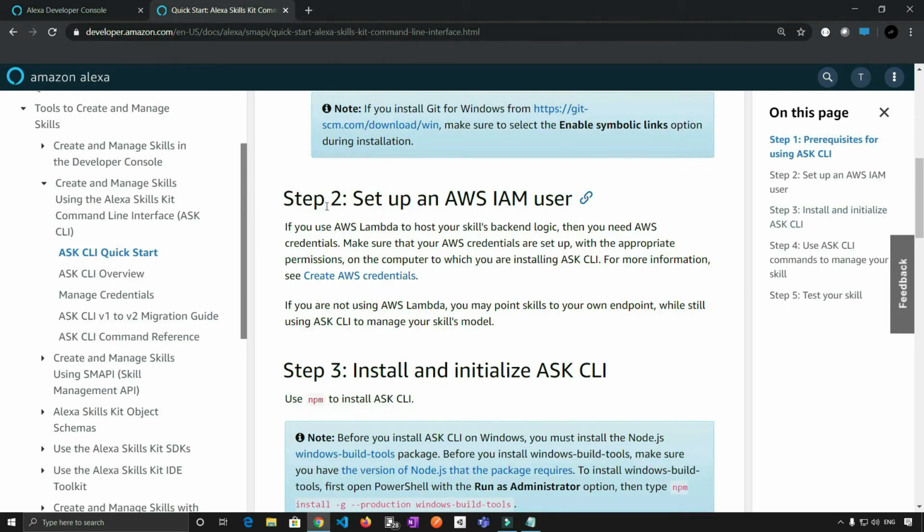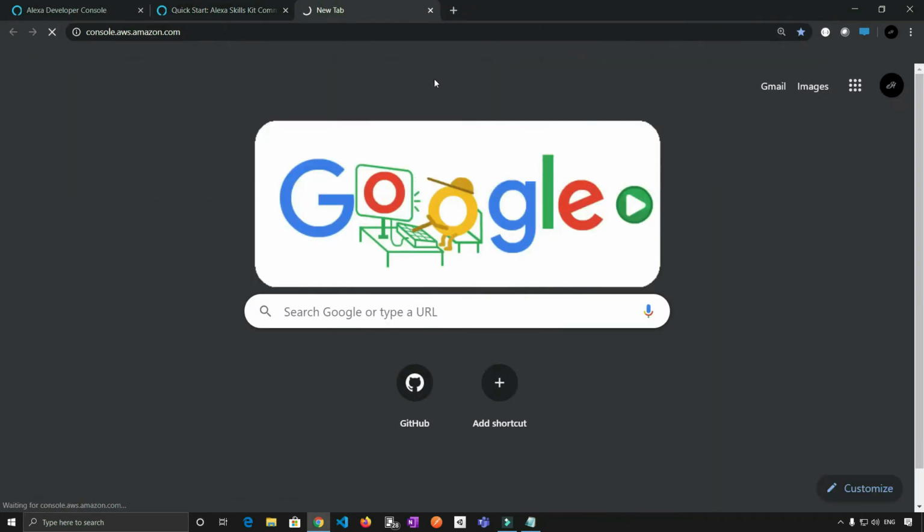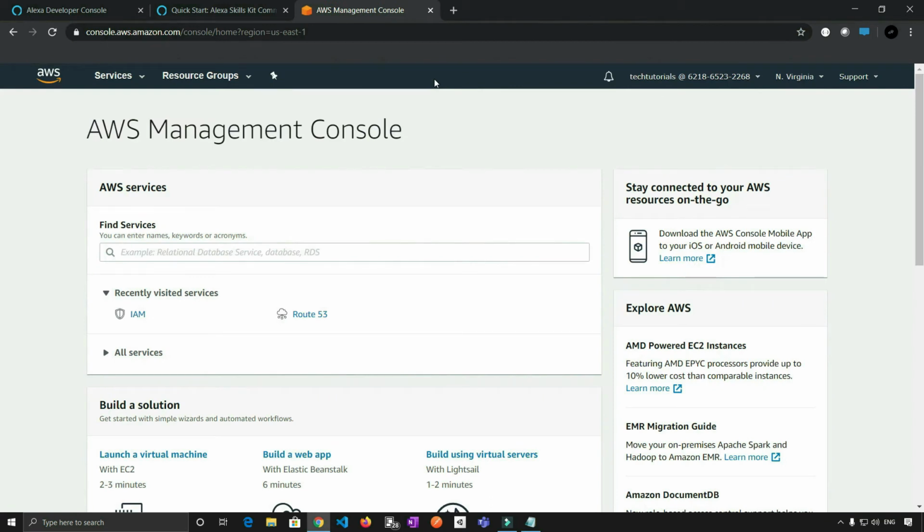Under step 2, it's talking about setting up the IAM user on the AWS cloud. It's actually talking about this particular link. So open up this link. In my case, I'm already registered and my credit card is already attached. In your case, you need to register on the AWS cloud, and as I mentioned, you will be charged only and only for the services which are paid, and most of the services are free for 1 year if you are registering for the first time on the AWS cloud.